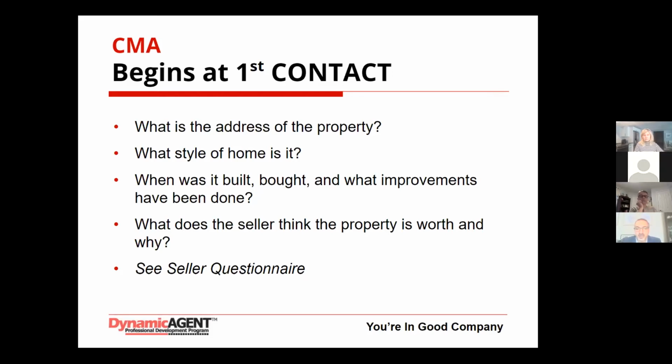How long ago were these improvements done? And then you talk about all the different things. One of the other things I'd like to make sure that you also are aware of, which seems to be coming up on a consistent basis, is obviously extras, things that are rented. Okay, so if you're talking about a rental furnace, if you're talking about rental air conditioning, those things can cost